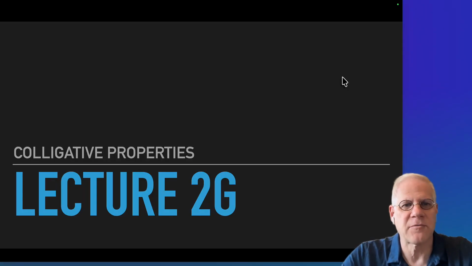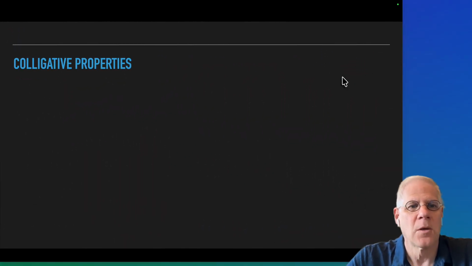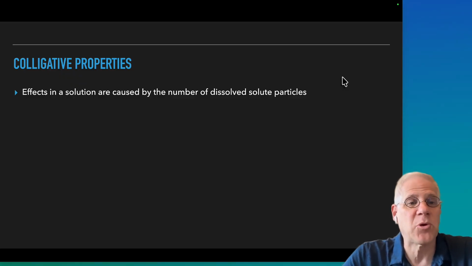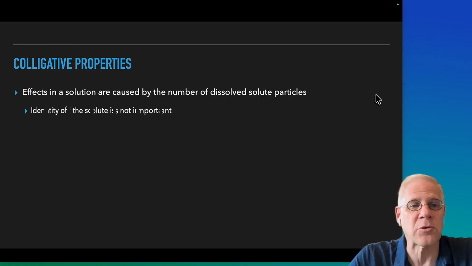Well, here we are at our next part of Lecture 2, Lecture 2G, and in this lecture we are going to look at colligative properties of solutions. So colligative properties may be something that you have witnessed, but maybe you're not completely familiar with. Now, for colligative properties, these are effects in a solution that are caused by the number of dissolved solute particles,